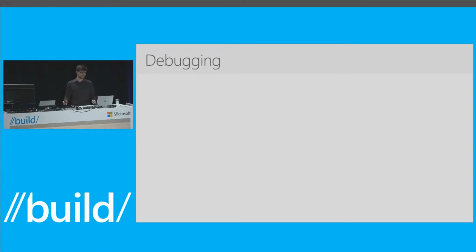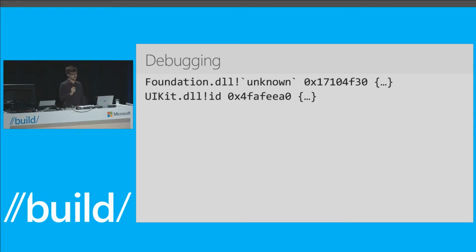Well, unfortunately, everyone knows you're going to have to debug sometime. And let's be honest, nobody wants to fix bugs. What we want to do is make that as seamless as possible. Because this doesn't tell you anything. What are those? Those are pointers. They could be strings. They could be anything. In reality, they're objects. So with Visual Studio 2015 Update 2, which was mentioned in the keynote,